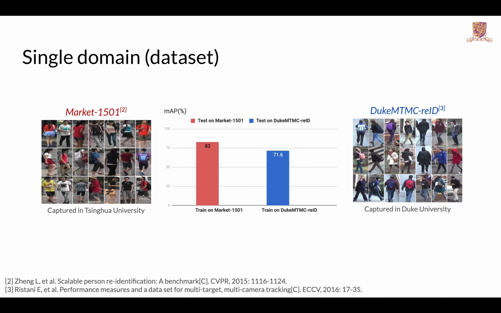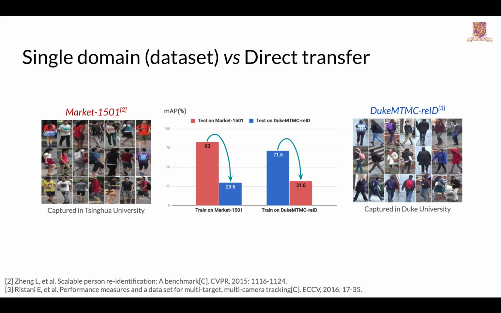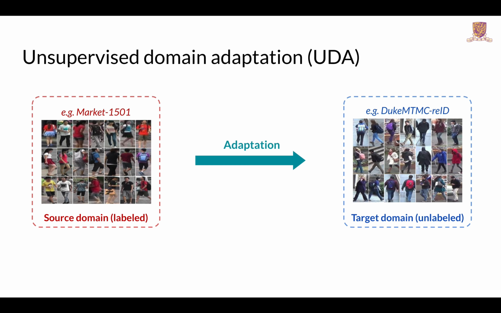Thanks to the large-scale annotated datasets, deep learning-based methods have achieved significant progress, showing satisfying performance on person ID tasks. However, even trained on such large-scale datasets, evident performance drops have been observed when directly deploying the models to a new scene. That is due to the large domain gaps among different camera systems. Unsupervised domain adaptation, UDA in short, is therefore proposed to adapt the model trained on the labeled source domain to